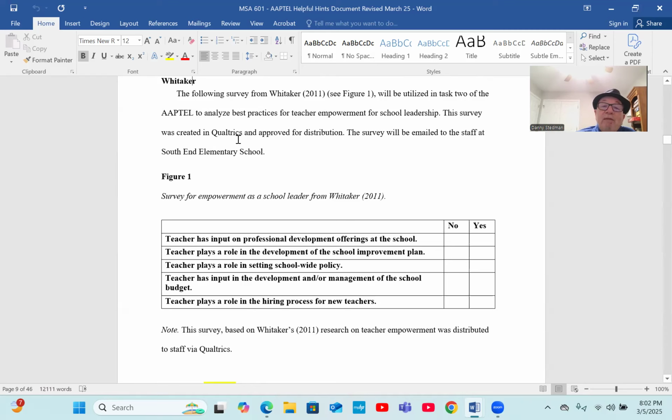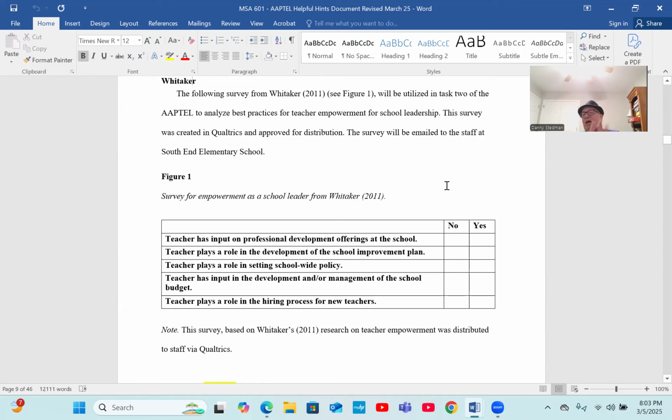But with Qualtrics, you have to have approval that your instrument has been approved by Gardner-Webb University to go out as a survey. I will say this, and that's why everybody's going to do this, because we know that this is going to be approved, but we're going to take you through the process. We'll show you that when we come back week 9. We'll show you how to do Qualtrics at that time. Again, it's not a hard process, but we'll walk you through it. But everybody will use this.